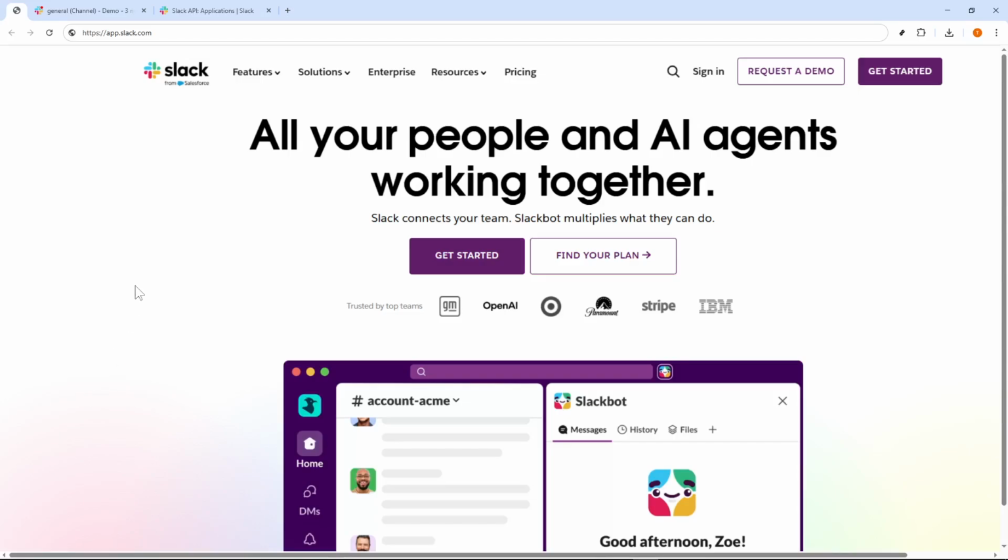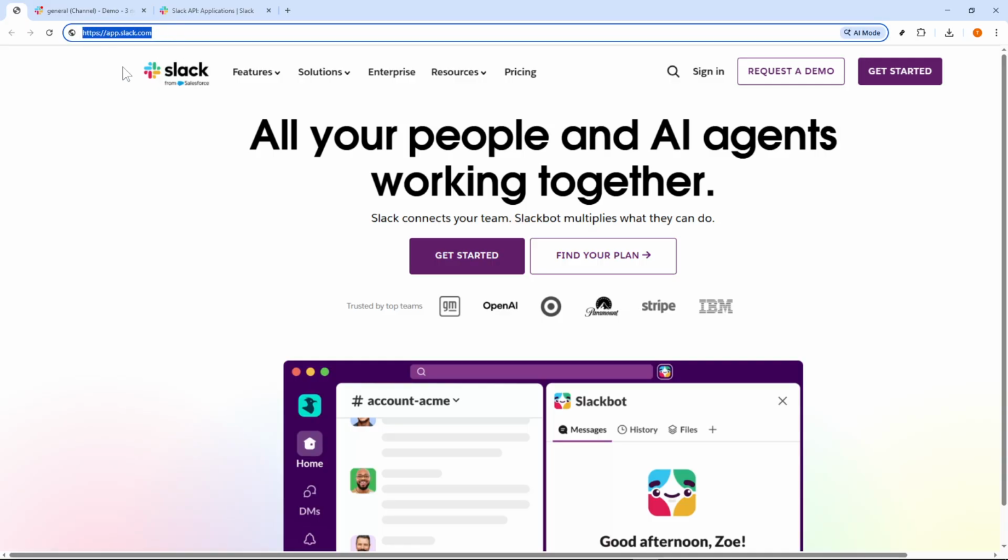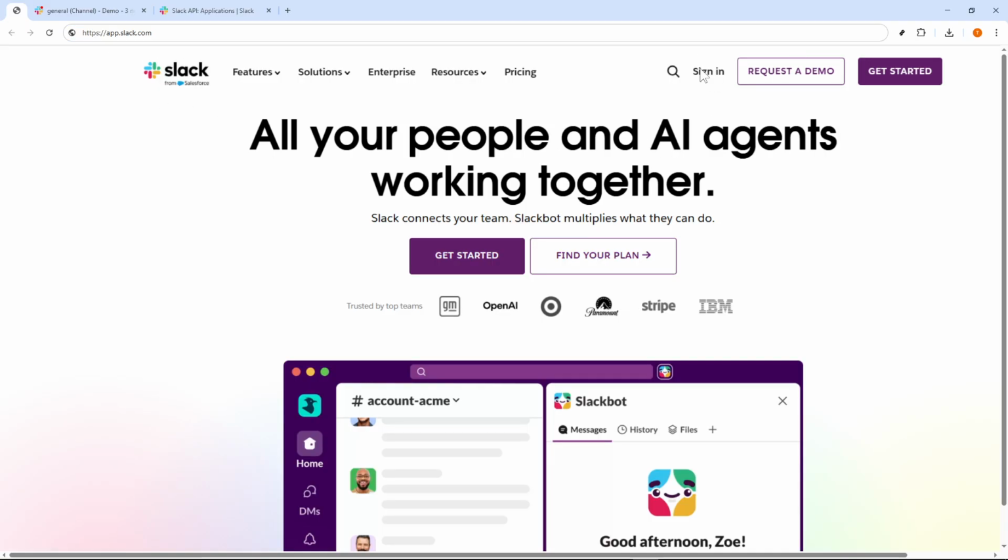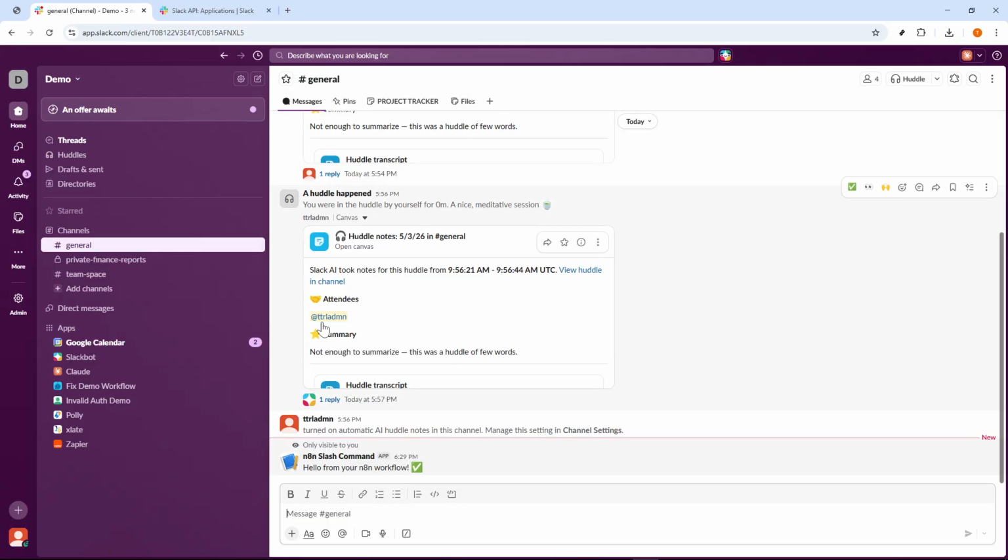In today's video, I'm going to teach you how to get a Slack API key. Start by opening Slack in your browser and signing in to the workspace you want to connect. Use the workspace where you want the finished Slack integration to run, because the token you create later will belong